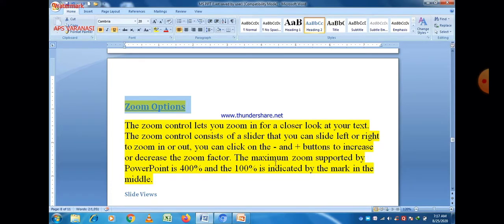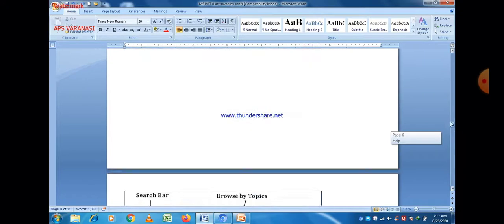The zoom control lets you zoom in for a closer look at text, and it consists of a slider that you can slide left or right to zoom in or zoom out. You can also click on the minus and plus buttons to increase or decrease the zoom factor. The maximum is 400%, and the mark in the middle is 100%.